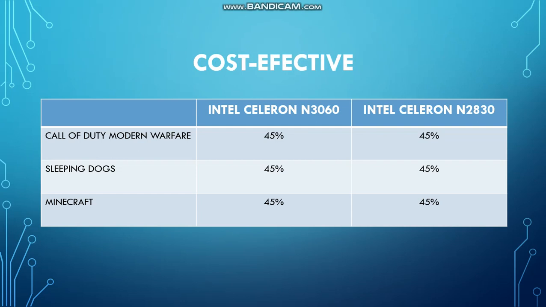So next is the cost effectiveness. Call of Duty Modern Warfare has 45% in the Intel Celeron N3060 and 45% in the Intel Celeron N2830. Sleeping Dogs has 45% and also 45% in